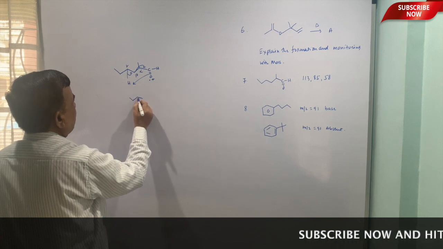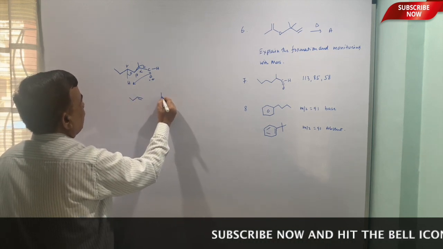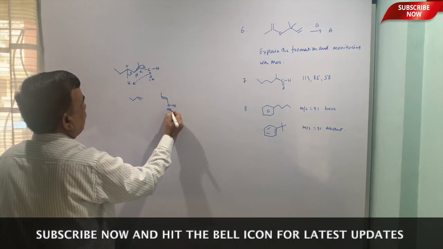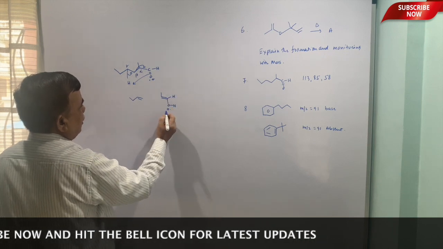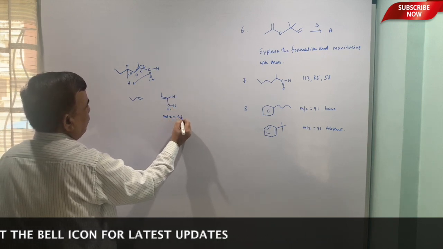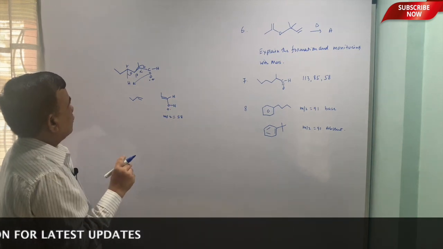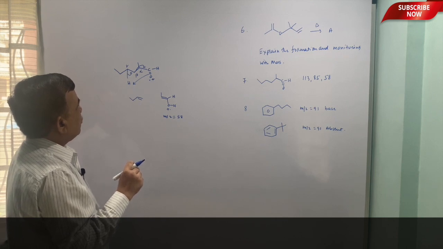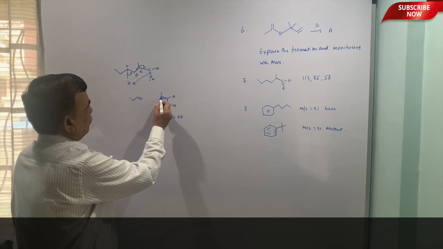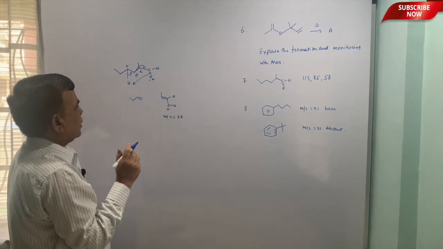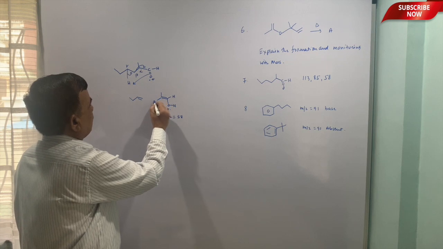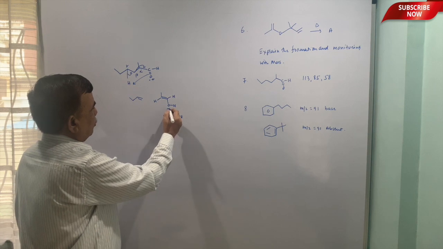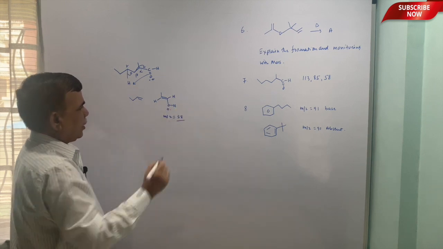So it will be, this is the outgoing entity, this is the OH radical cation, and of course this H is there. So m by z is equal to 58. This we have to check. So alpha beta bond is broken, and then you can calculate 1, 2, 3, that is 36 and 5, 6, 36 and 6, 42 plus oxygen 16, that is 58.